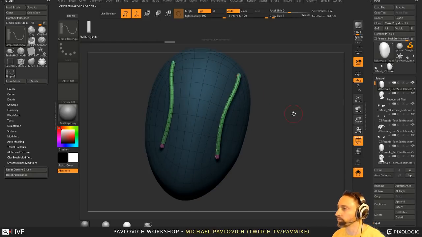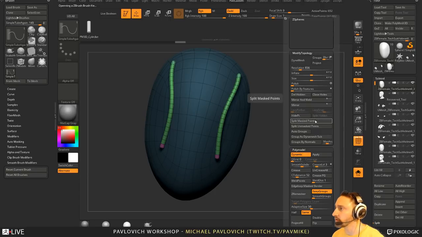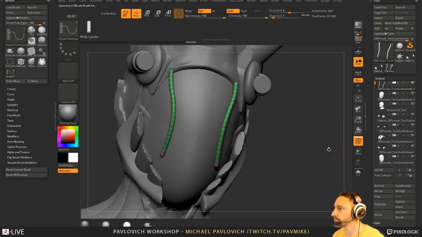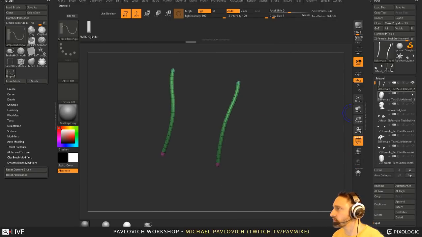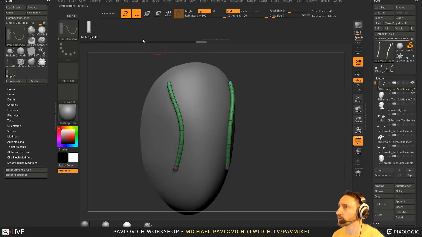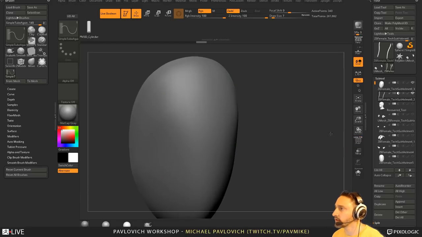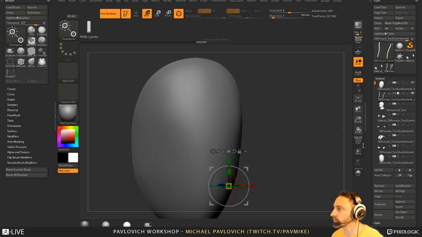But we have a tube on here. So what we can do is we can tap off here. We can do split mask points. And now if we just show these two things, we can again go into our live Boolean mode and we can make this a subtractive. And then when we push these in,